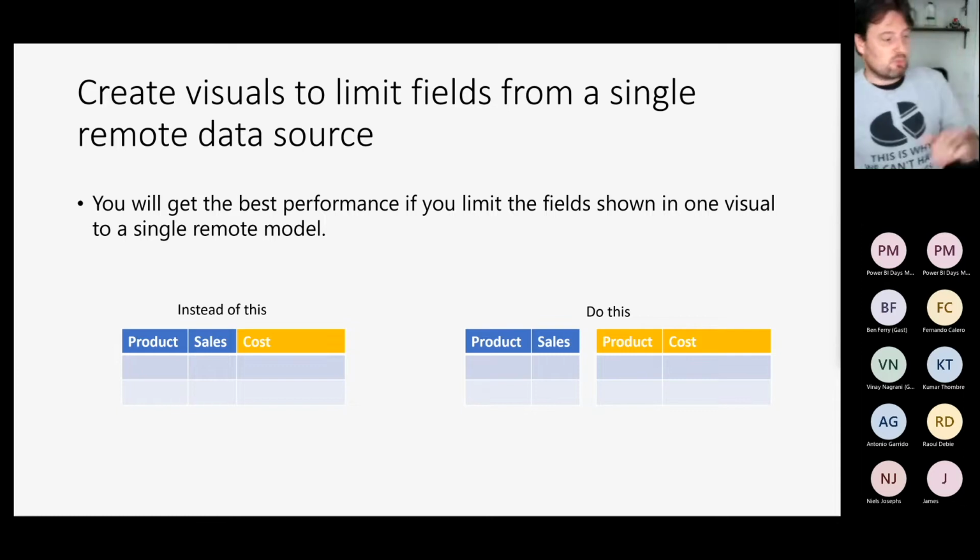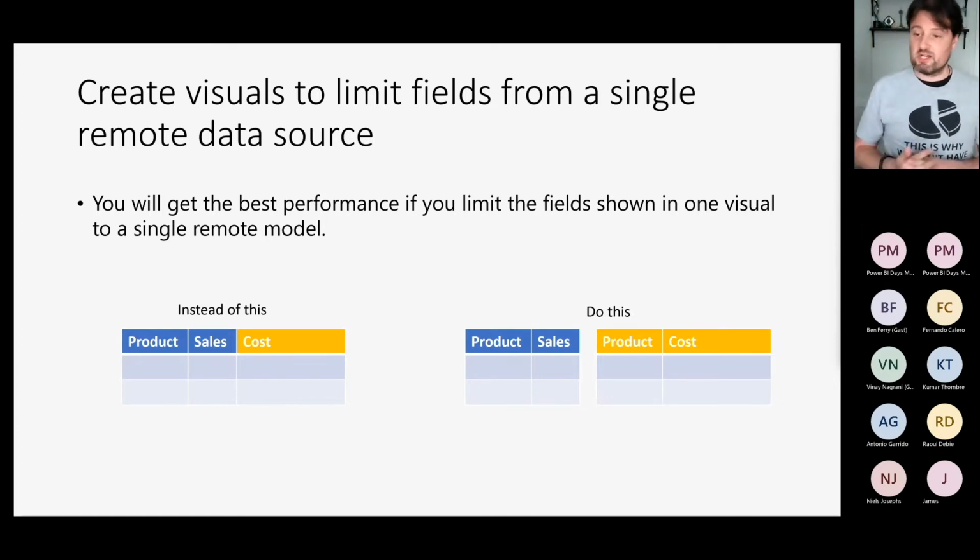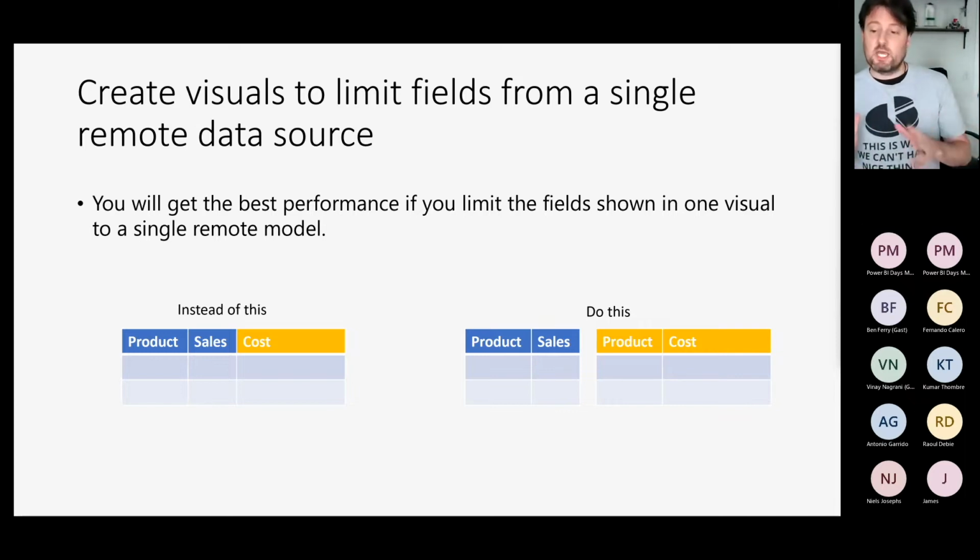And then you are probably tempted to show a diagram or a chart to say, hey, for each product, what's the total sales and what was the total product cost that we had? When you do that, those calculations will leverage the cross-source group relationship. As a result, they won't be optimized. Maybe, if you can, it's better to just create two visuals.